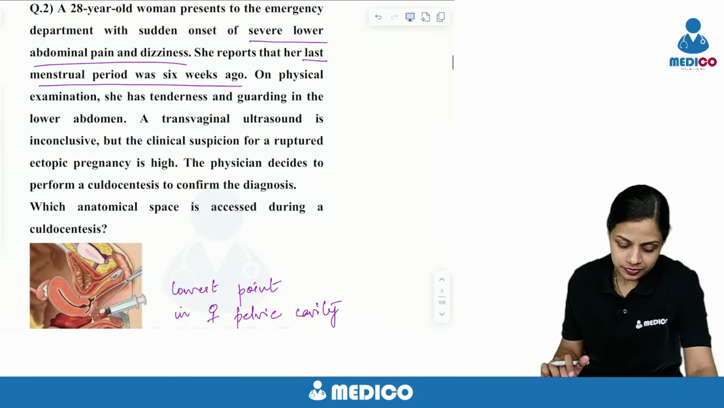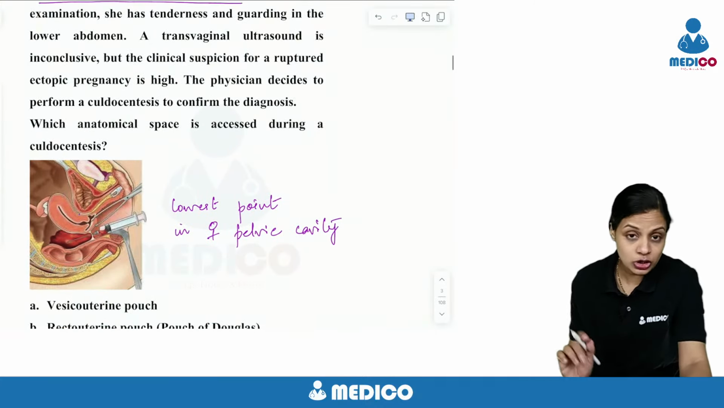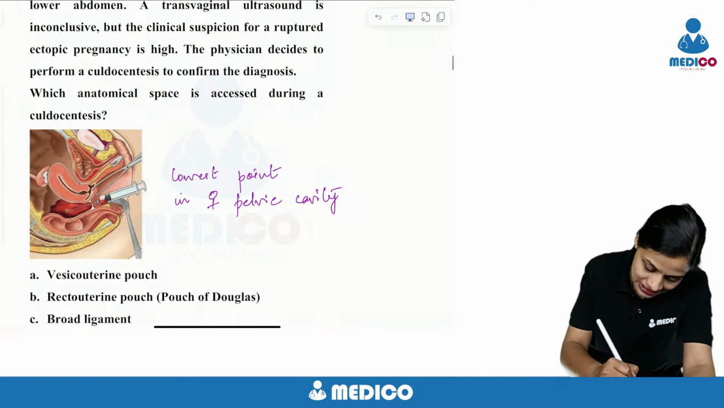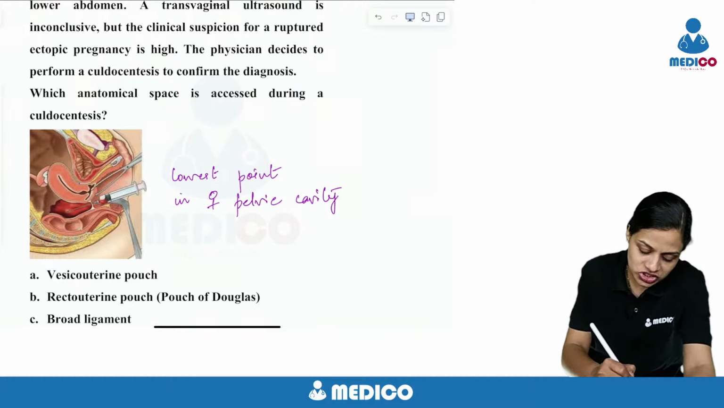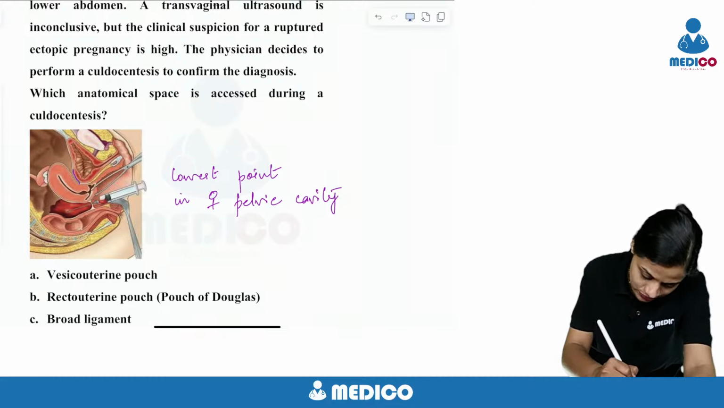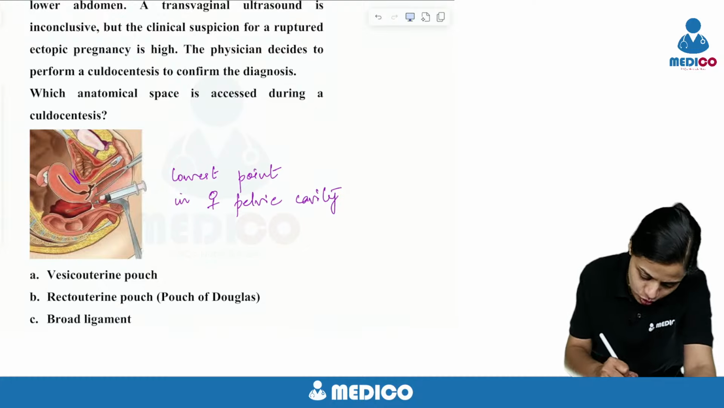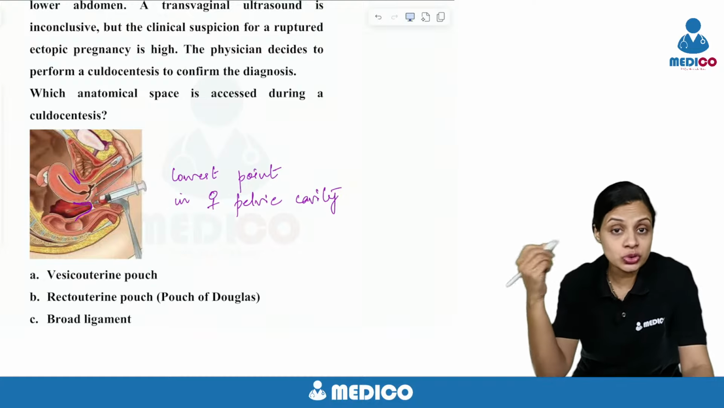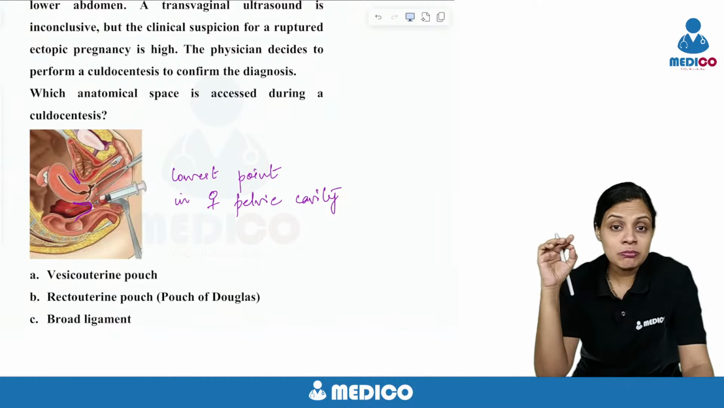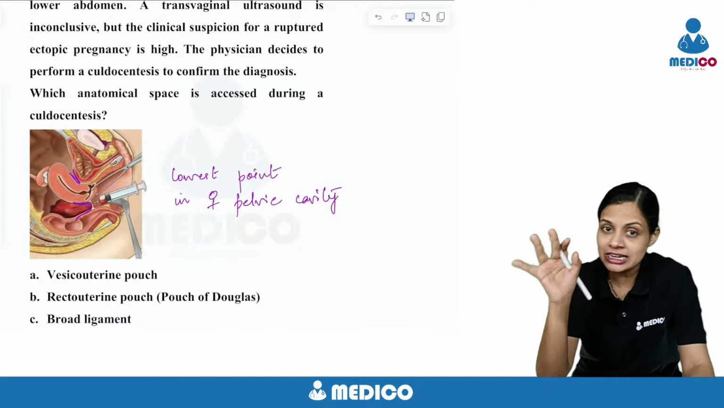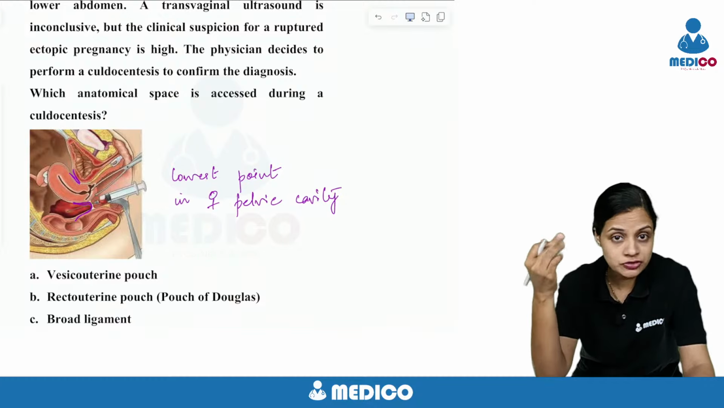All right. The next question was the one about culdocentesis. Where is culdocentesis performed? Look, the space anterior to the uterus, between the uterus and the bladder, this is the vesicouterine pouch. While the space between the uterus and the rectum, this is the rectouterine pouch, also known as the pouch of Douglas. This is the most dependent part of the female pelvic cavity, and if at all there is an intra-abdominal bleed, the blood will collect in the rectouterine pouch or the pouch of Douglas, which is where